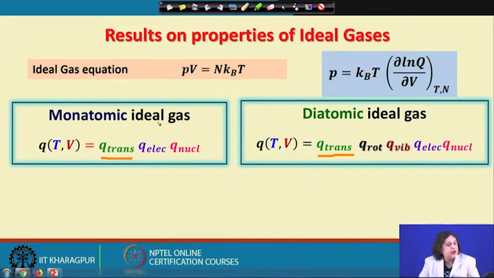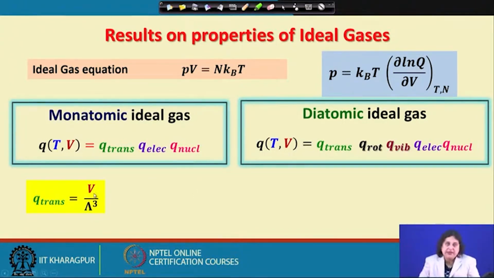So, in the case of the monatomic ideal gas, this corresponds to the translational motion of the single atom in the given box, and here it corresponds to the translational motion of the molecule as a whole, represented in terms of the translational motion of the center of mass in the confining volume under the given condition of temperature. Now, what we find here is it's possible then to write down what the Q trans is, irrespective of whether we are dealing with a monatomic ideal gas or a diatomic ideal gas, and this is given in terms of